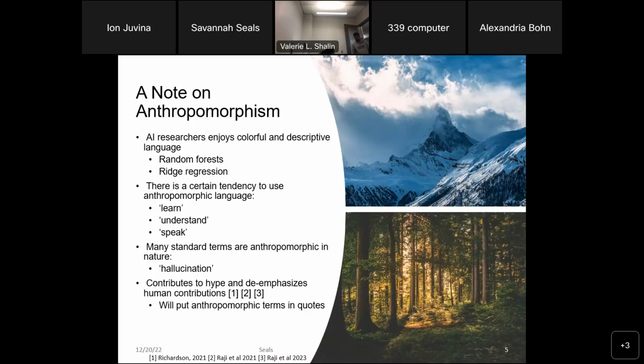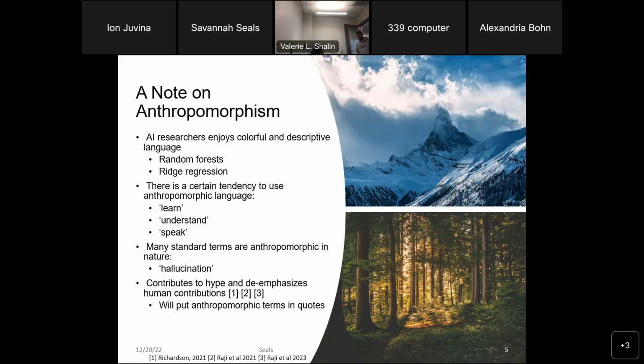So you may have read or be aware of claims that AI models learn things, understand things, can speak things, etc. A lot of the standard terms for phenomena associated with models are given technical definitions that are anthropomorphic in nature. For example, hallucination is a technical term